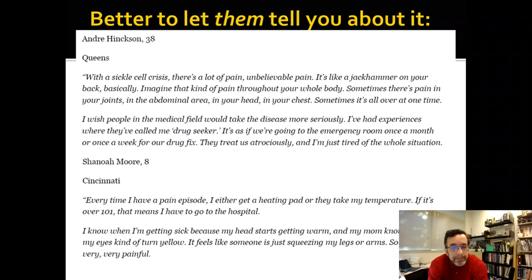So, just look at this. This was a 38-year-old. An 8-year-old talks about it. You can get fevers that result from the damage being done to the body, and your eyes can turn kind of yellow. And these are the signs that she needs to go to the hospital. So this is a debilitating disease, and it's going to happen sort of without warning, sort of when the sickle cells build up, or there's an episode that causes it.